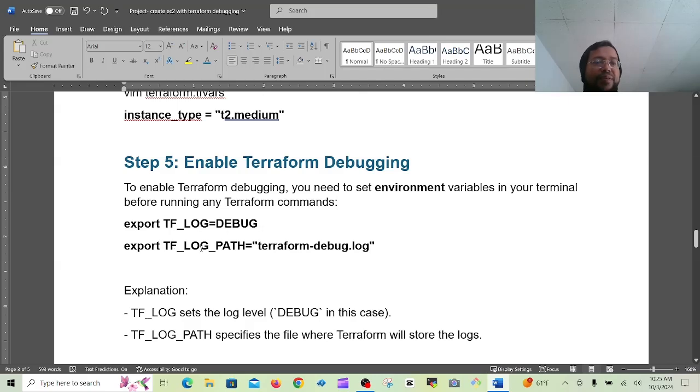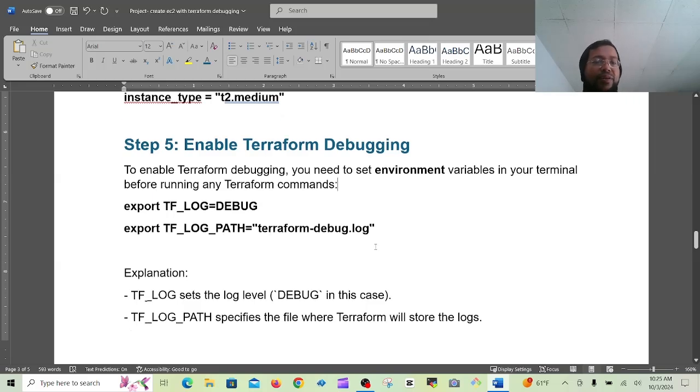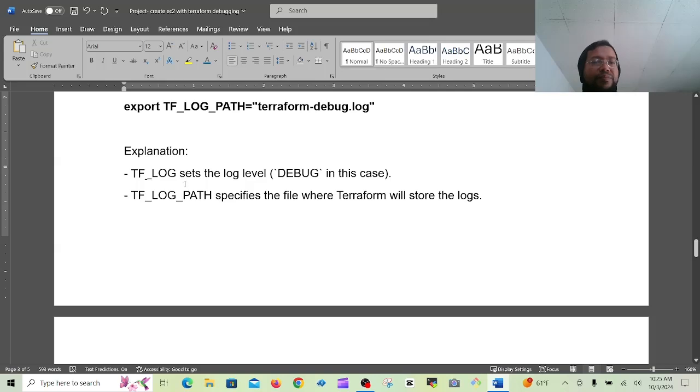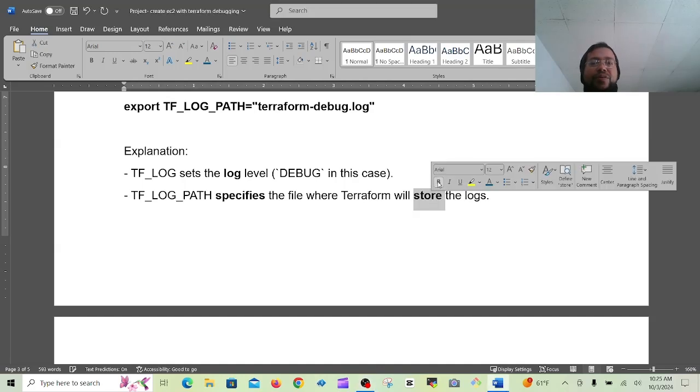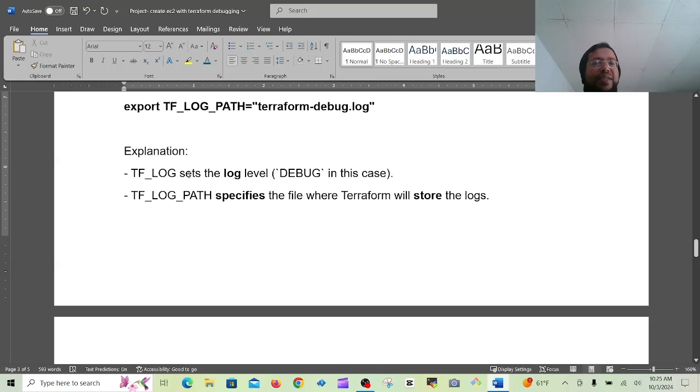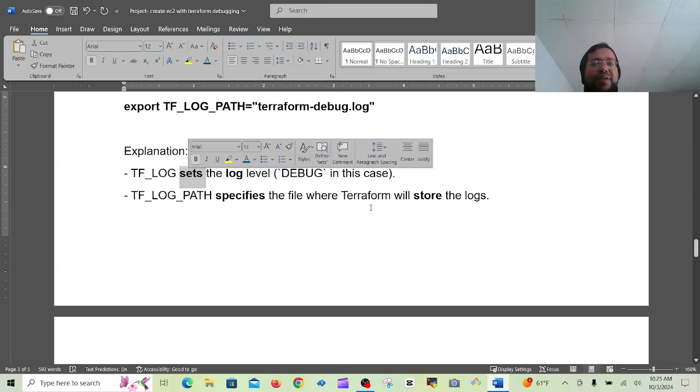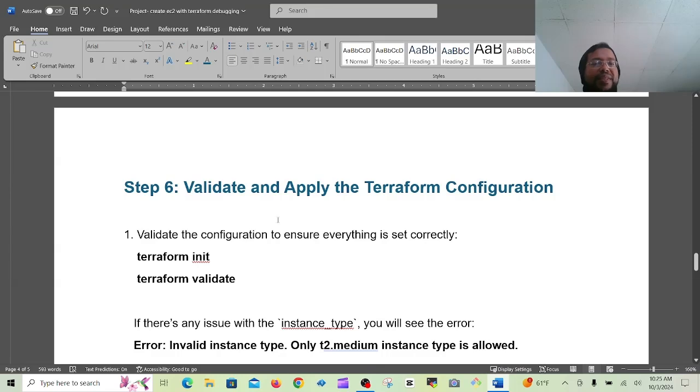Then TF_LOG_PATH, then terraform-debug.log like this. Explanation: TF_LOG sets the log level, DEBUG in this case. So you have to set the log level. This path specifies the file where Terraform will store the logs. So first you set the log level, then you store the logs, then validate and apply